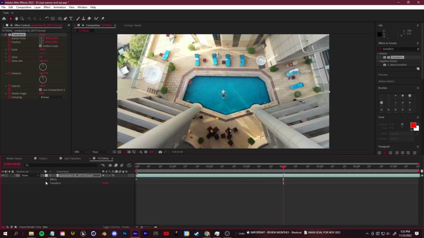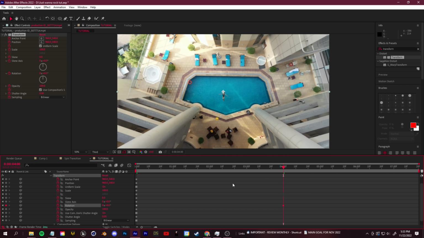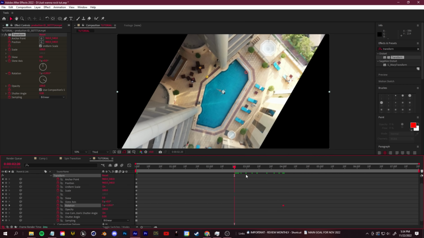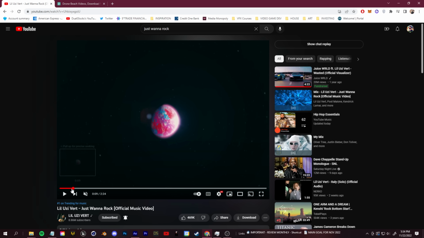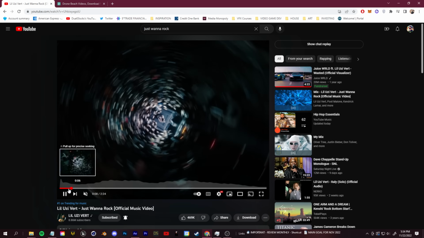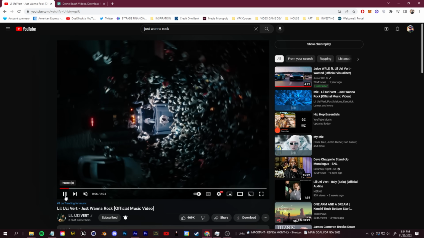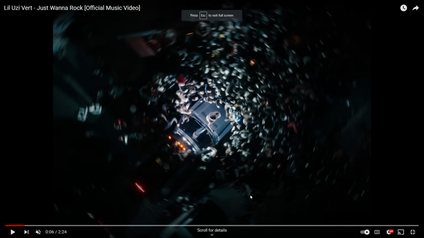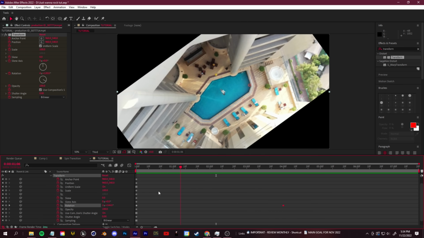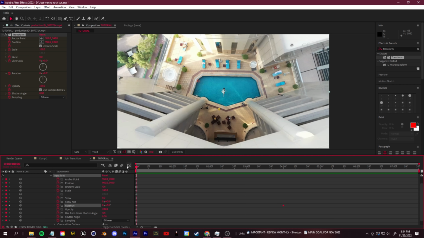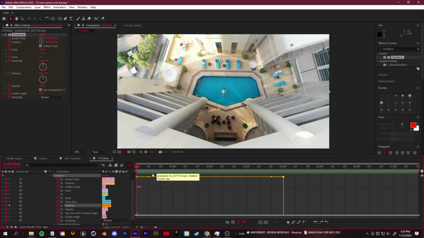And if we open up our effects here and open up transform, you guys can see we've created a keyframe so that everything starts from 0, rotates 8 times. So now let's play this spin one more time so we can get a better idea. In the original clip here, you see that the spinning starts off pretty slow and then it gradually gets a lot faster. So we need to create some sort of a ramping effect so that it goes slow, ramps up to higher velocity. What we're going to do here is we're going to click to open up our graph editor,